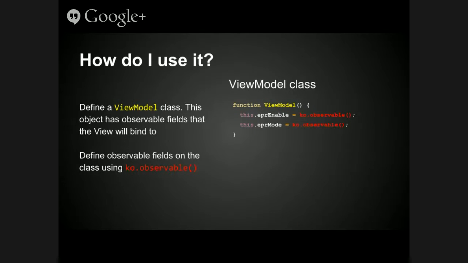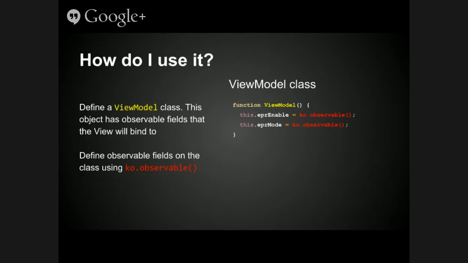These two fields, EPR enable and EPR mode, are just KO knockout observables. When you want to be able to watch the value of something change, you create a knockout observable. It's what gets returned as a function. You can't just read the value straight off the field. You actually have to call the function to get the value,